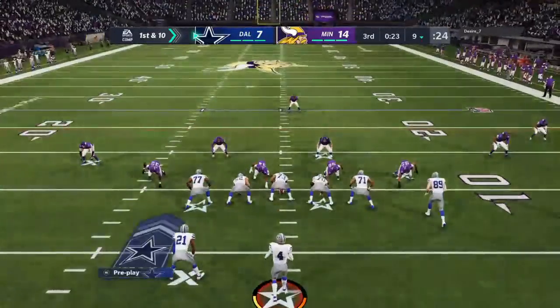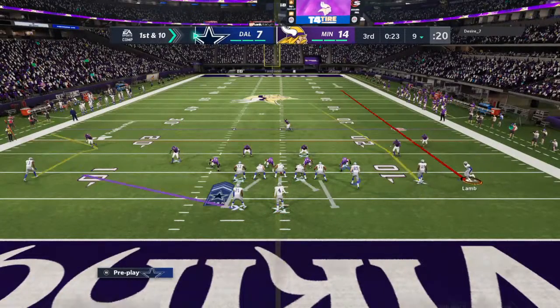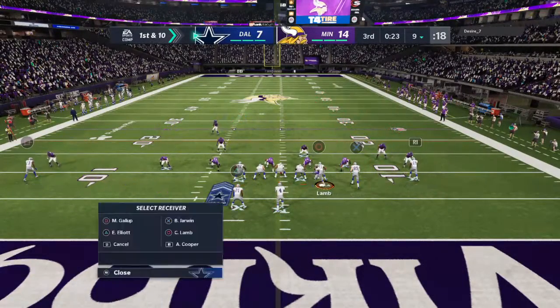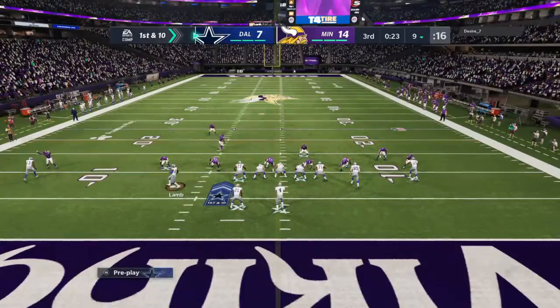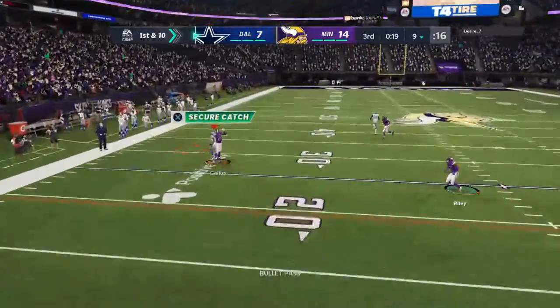About set for this next drive by the Cowboys offense. These guys had to punt last time. It has not been a very fruitful game offensively thus far. They haven't even made a trip to the red zone. And I know that everyone's going crazy on that sideline because that drives you berserk to come off the...